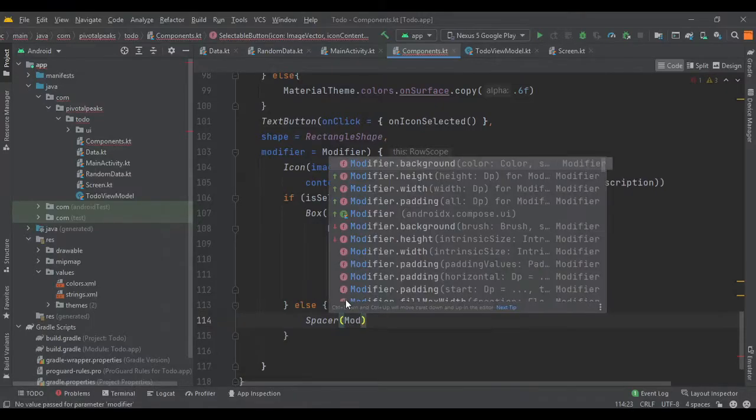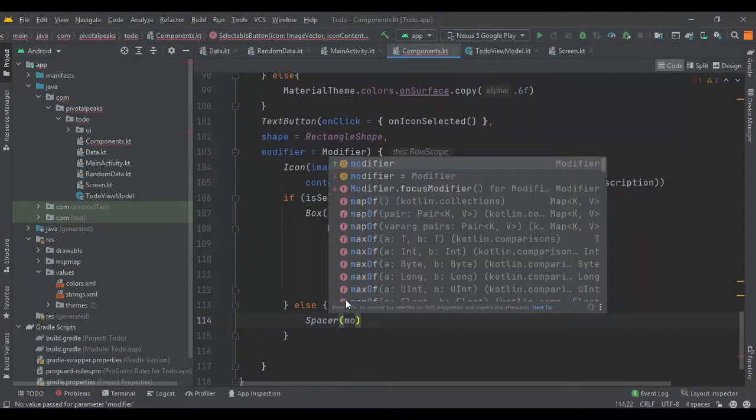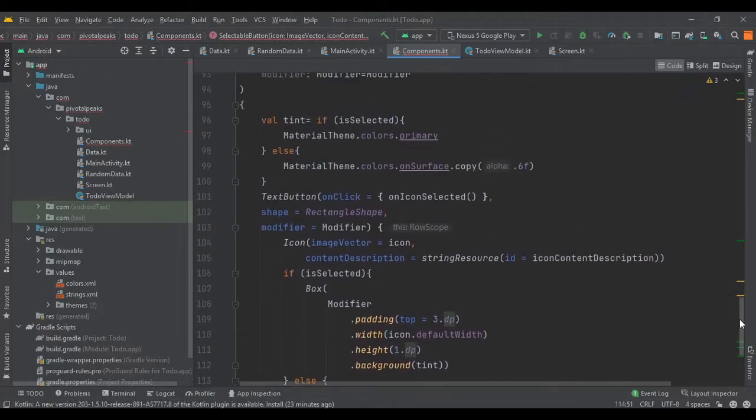So modifier, modifier dot height of 4 dp. And yeah, our selectable button is ready.